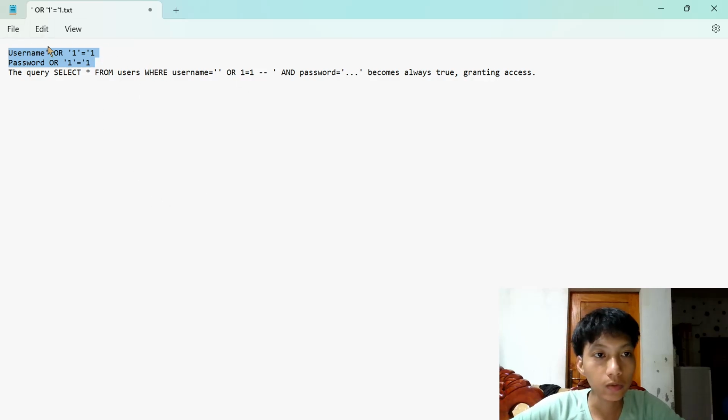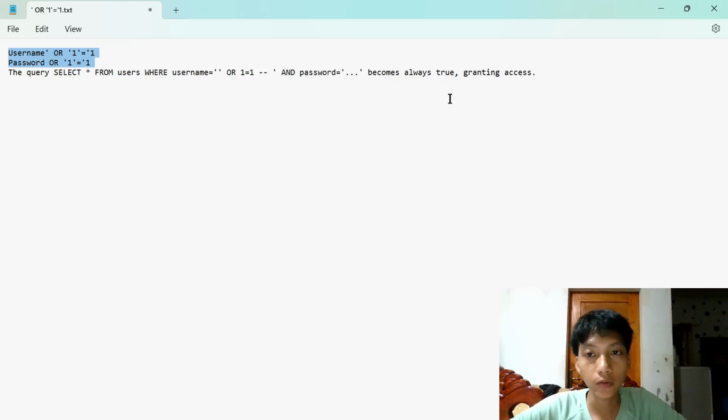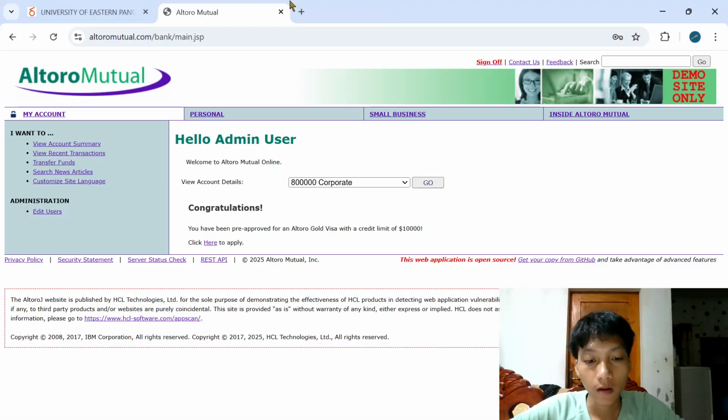And when you use this, the Altoro Mutual's login form will always be true and it will grant us access to the login form. So why did we bypass the login form?